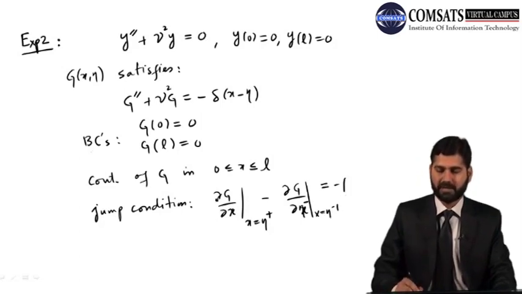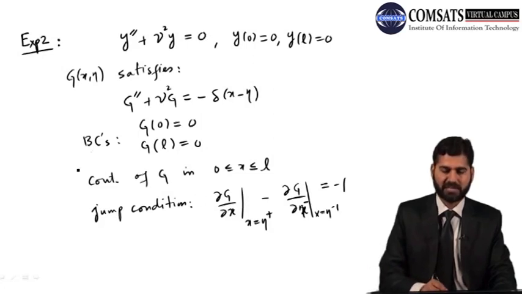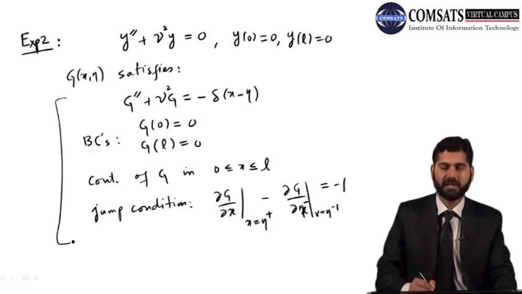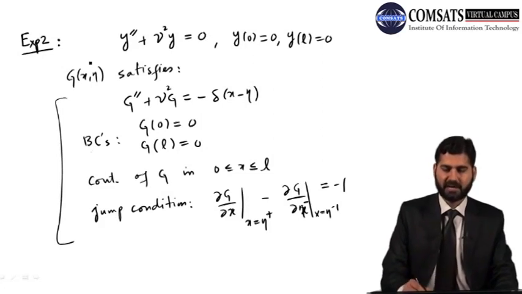Right, there will be a jump discontinuity of partial g by partial x. So it has to satisfy all these four conditions. All right, so first of all, let's start with the differential equation. So for x not equal to eta,